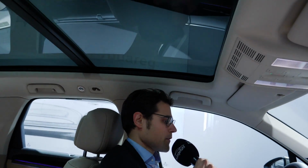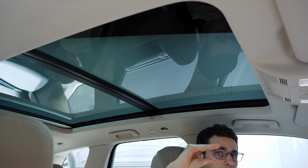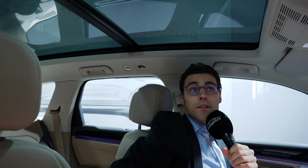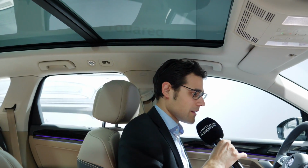And we also have the panoramic roof right there. And well, that reduces the headroom, especially to the side. So I lose headroom actually a lot, but it goes all the way over the car, so you let a lot of light inside. Here again, the headroom I've left, it's still okay for my size, of course. And even if you're a little bit taller,